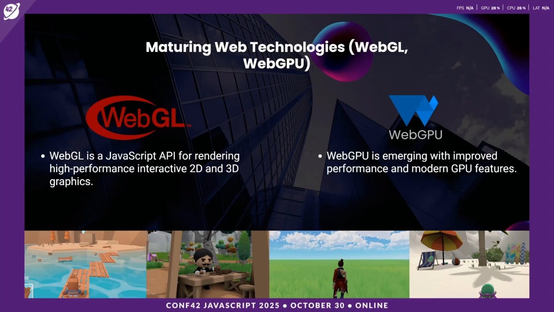If you look at the landscape of web technologies for gaming, we've had WebGL for a long time now, and WebGL 2 has been supported in most big browsers for the last few years as well. And on top of that, we now have WebGPU, which is also supported in all major browsers. WebGL enables you to take advantage of the GPU to create very high performance graphics. While they may not be at the same level as other native applications, you can get pretty close.